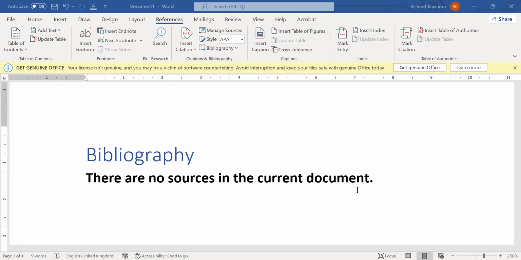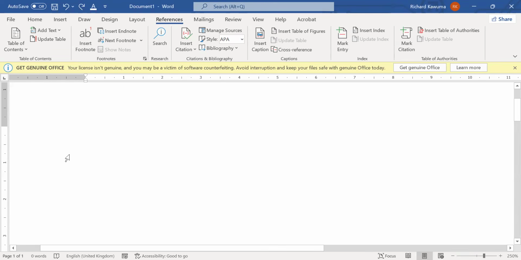Now, someone wants me to take you to mail merge. Mail merge has two steps. The first step is to create a table. For example, you can create a table in Excel or you can create a table in Microsoft Word. Either way, you can create it in Excel or in Microsoft Word. But when you create a table,